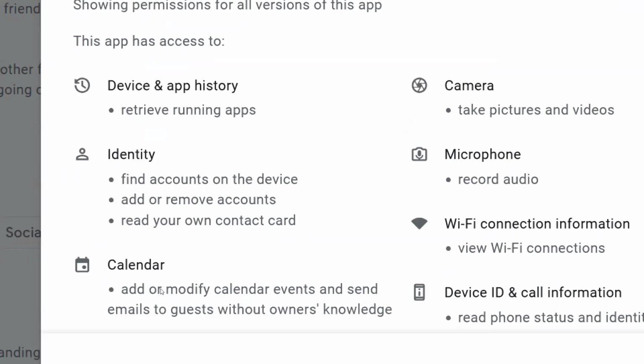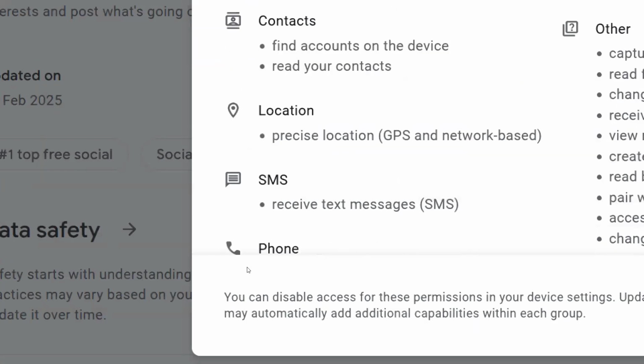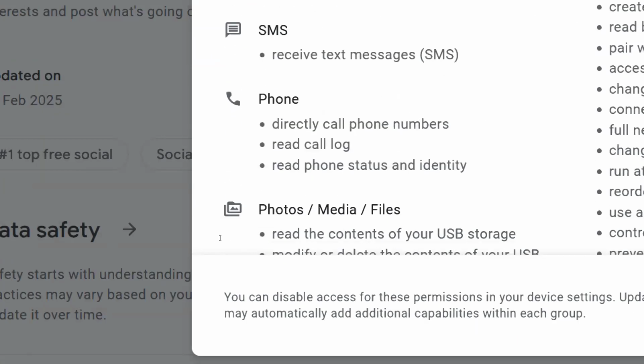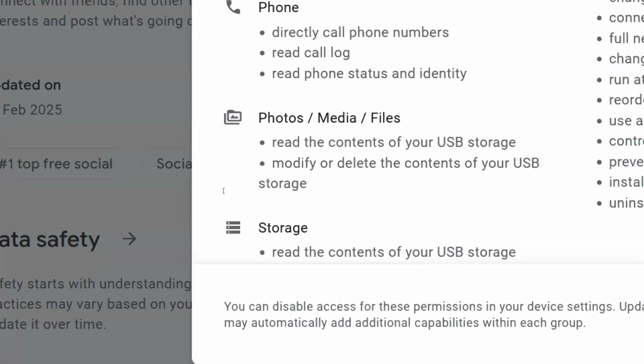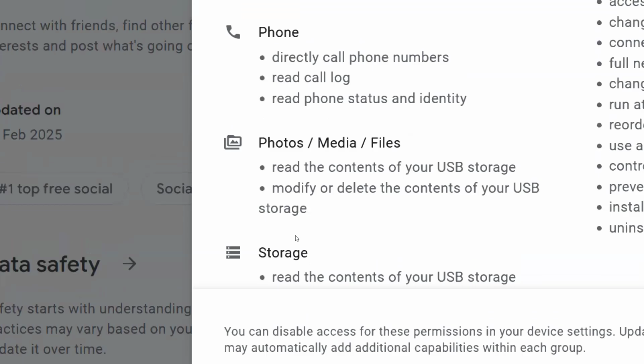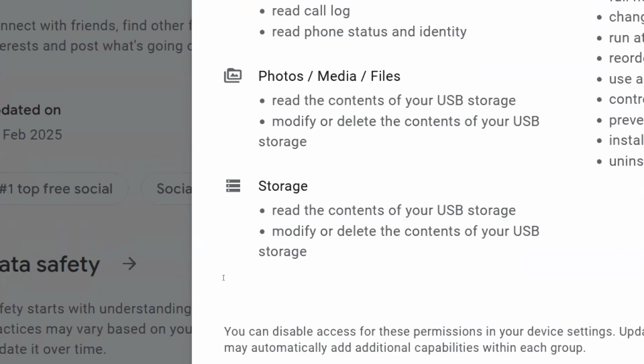Read the calendar, please. Interesting, right? Yes or no? Then everything: all your phone numbers, call logs. They are able to directly call phone numbers also, right? They are able to completely modify or delete the contents.